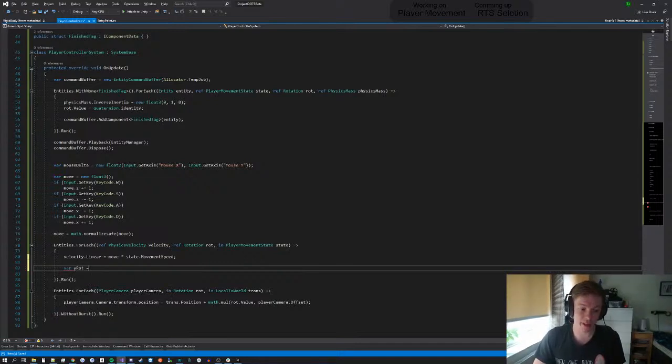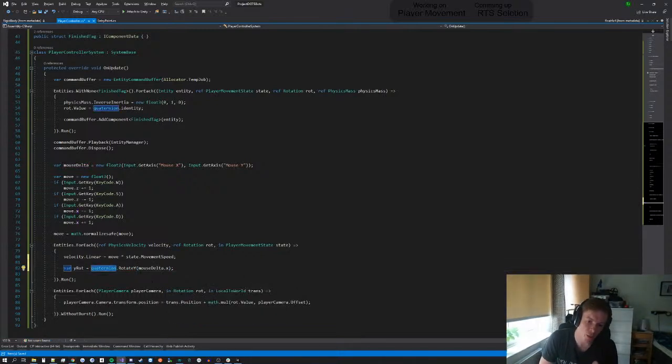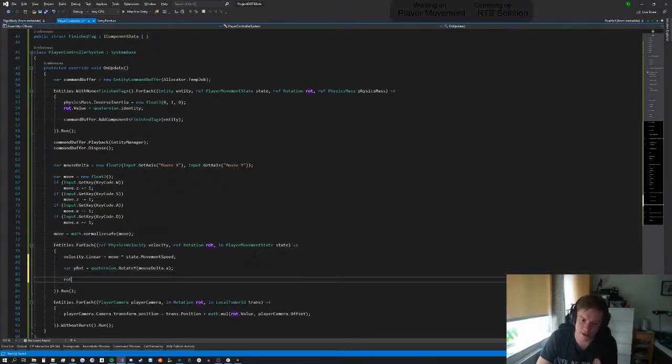Y rotation. So this is the rotation we will apply, and Y. They actually have a pretty good quick access thing here. So we create a quaternion which rotates around the y-axis with the amount we move the mouse left or right. And then we have this one here. So now we're probably going to do something like this. Value, that value refers to the quaternion. So we can do math.multiply y-rot